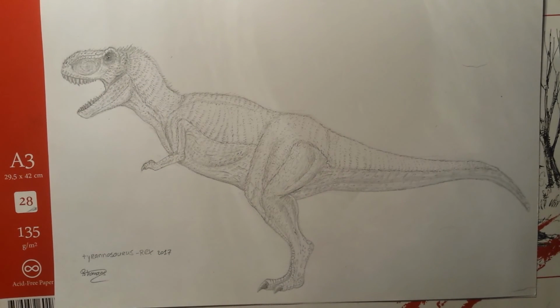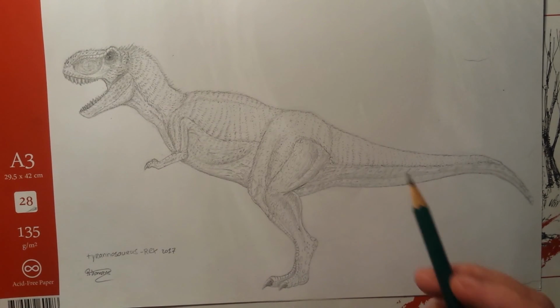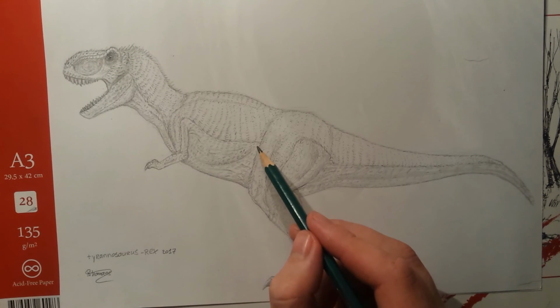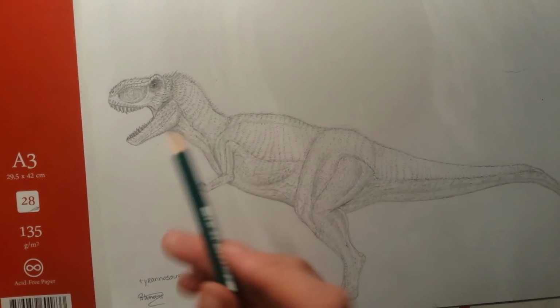Hey guys, this is Dinosaur Drawer, and the drawing is pretty much finished. So lately I'm trying to experiment, and I'm playing around with those kind of scales. Just some black circles, some dark circles, and when you put them next to each other and you put in loads of them, it creates the illusion of scales. But I overdid it over here a little bit,